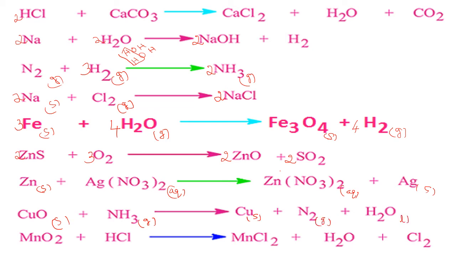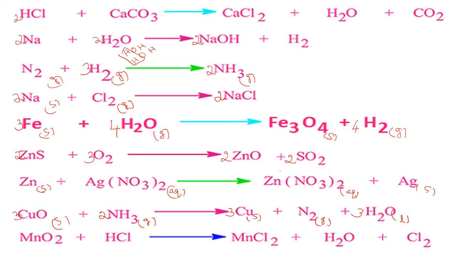Now copper oxide combines with ammonia. Ammonia is a gas, copper oxide is a solid, and copper is solid, nitrogen is a gas, and water is a liquid. Now NH3, H is 3 here, here only 2. So what I told you, you have to make it 6. So I will write 2NH3 and here 3H2O, and O is 3. So you need to write 3 in front of copper oxide, 3CuO, and here again 3. Now it is balanced.